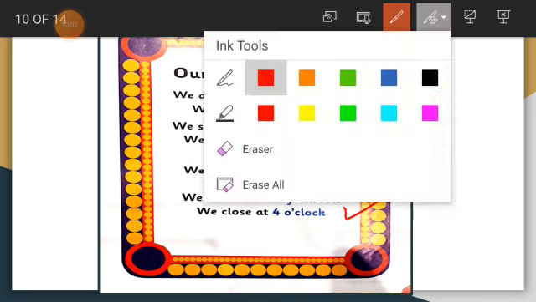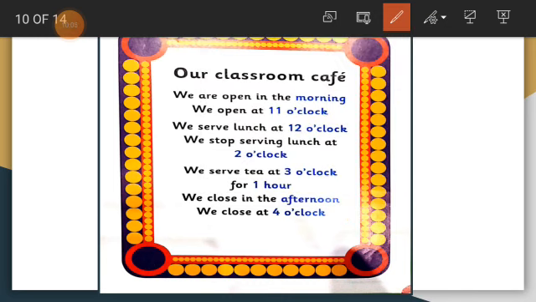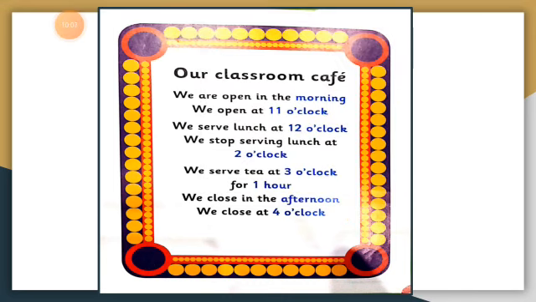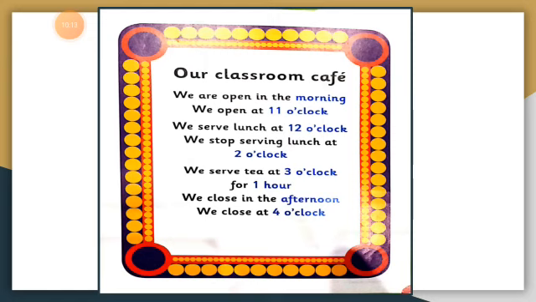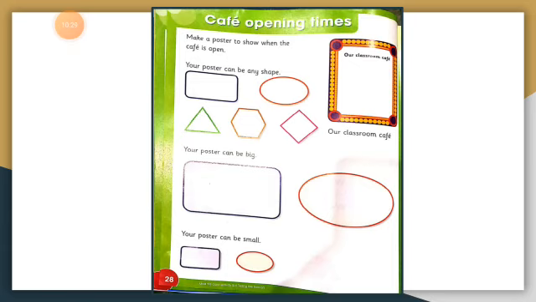Is this clear now? Now I'm going to erase my rough work. Now open page number 28. The previous page was 27. On page number 27, there was only one poster, and we read the poster to learn how to make it and how to write down the timing. Okay. Now on page number 28,